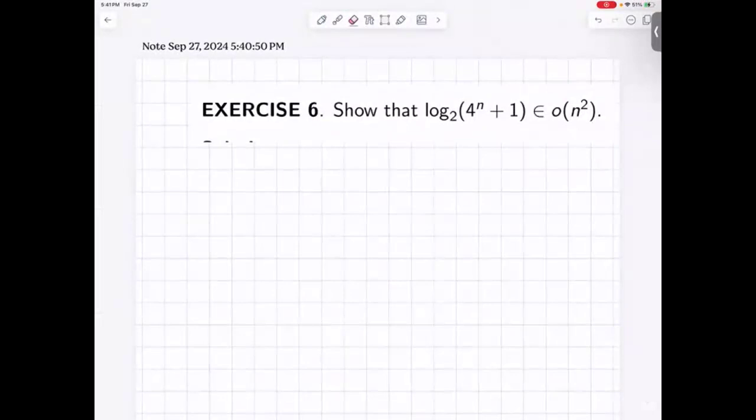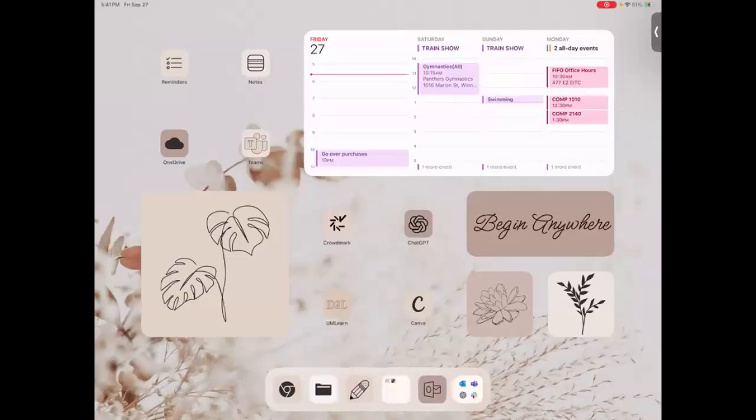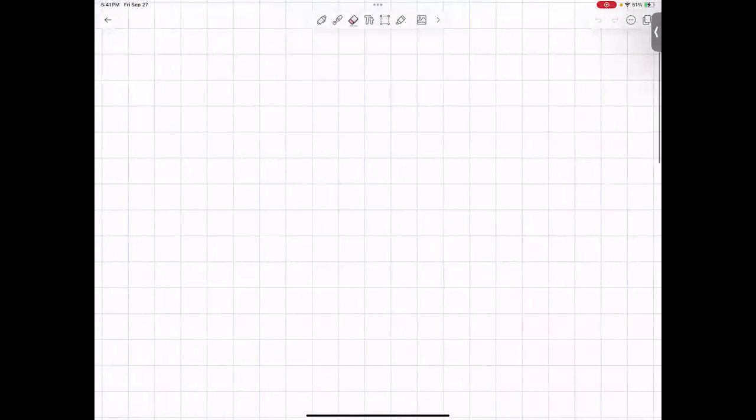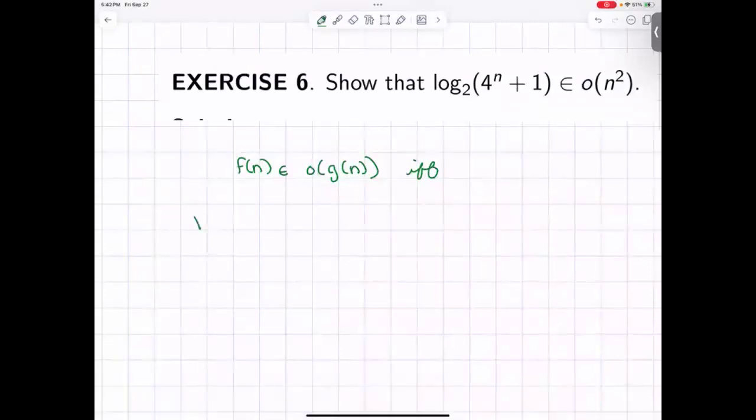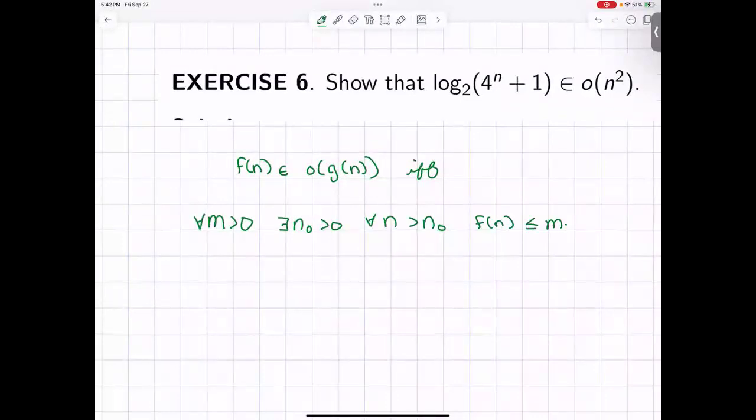Well, f of n is going to be within little o of g of n if and only if for all m greater than 0, there exists an n naught greater than 0 such that for all n greater than n naught, f of n needs to be less than or equal to m times g of n,